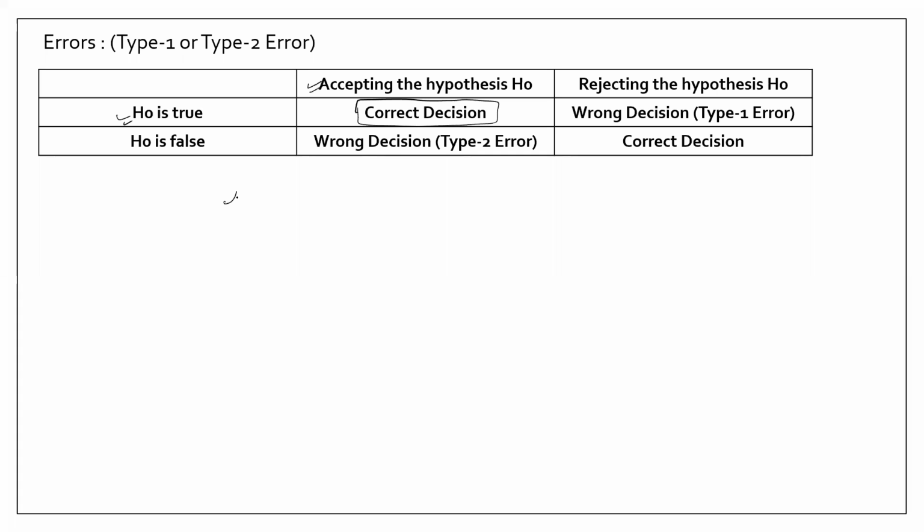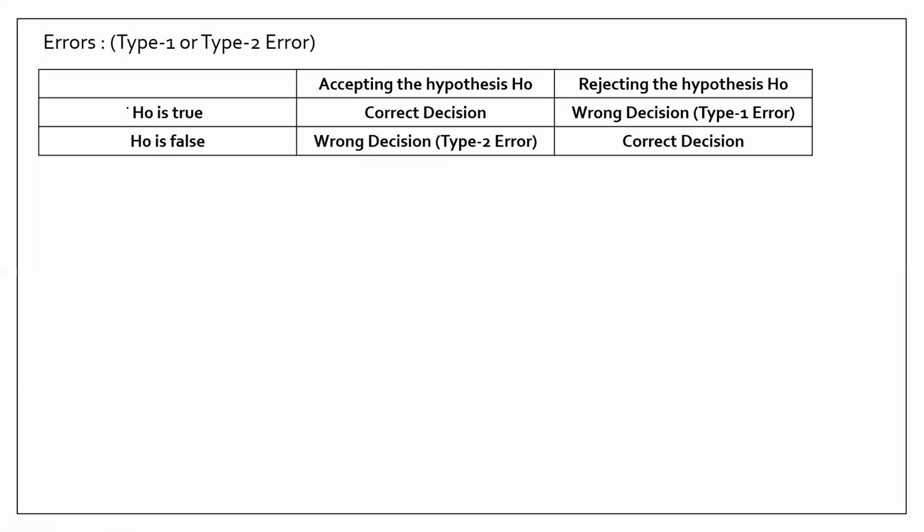For example, we have seen that the mean of the population is the same as the mean of the sampling distribution of the mean. We know already that they are equal. So if you have done the statistical analysis that there is no significant difference between mu and mu x bar, which is actually true, and by using the statistical analysis also we have come to the conclusion that yes, we have to accept the hypothesis H naught, then we have made a correct decision.